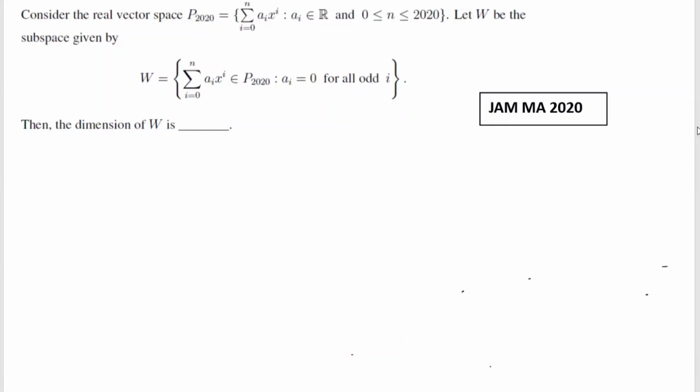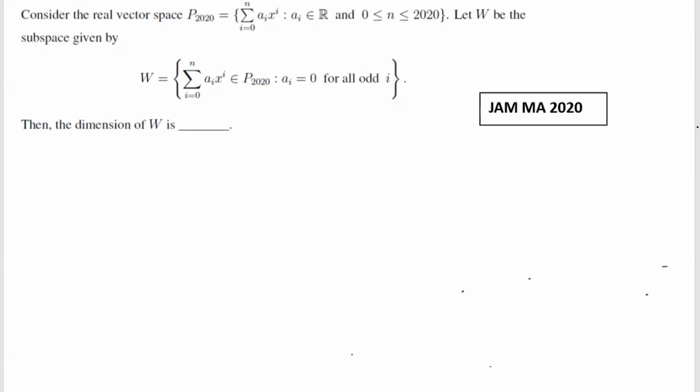Today I will discuss a question from JAM exams. The question is: consider the vector space of all polynomials of degree less than or equal to 2020, and W is a subspace